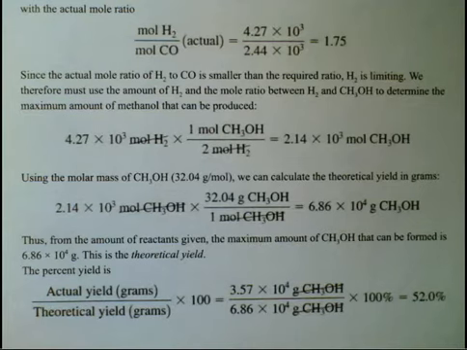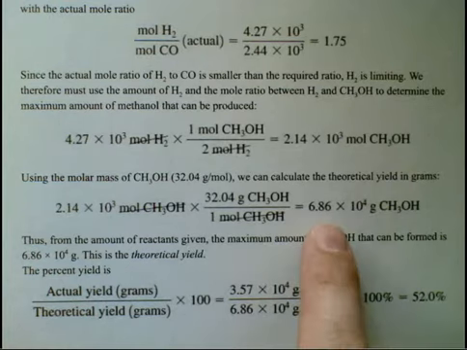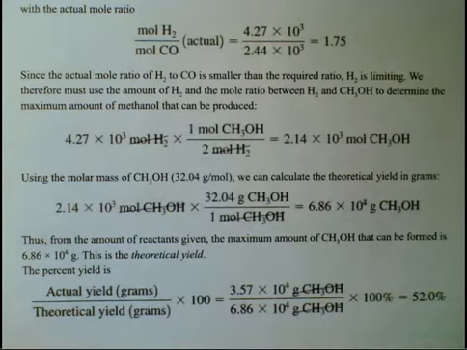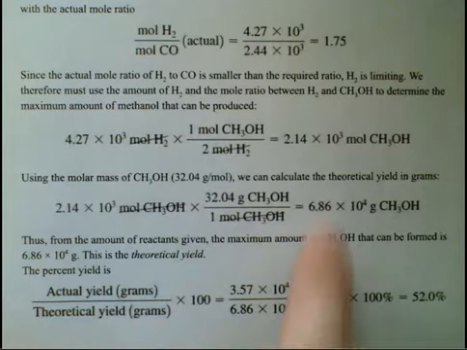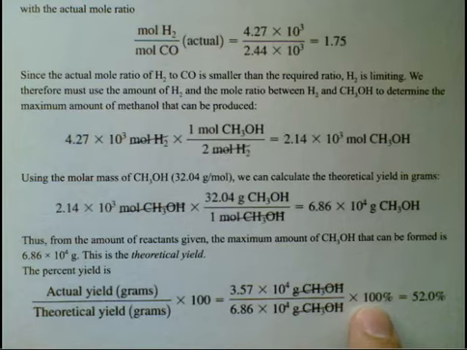Therefore, from the amount of reactants given, the maximum amount of methanol that can be formed is 6.86 times 10 to the fourth grams. This is known as the theoretical yield. We're going to finish off with the percent yield. So what if 3.57 times 10 to the fourth grams of methanol is actually produced? We're going to take our actual yield and divide it by our theoretical yield, what we just calculated here. Turn that into a percentage by multiplying by 100%, and we can generate the very simple value of